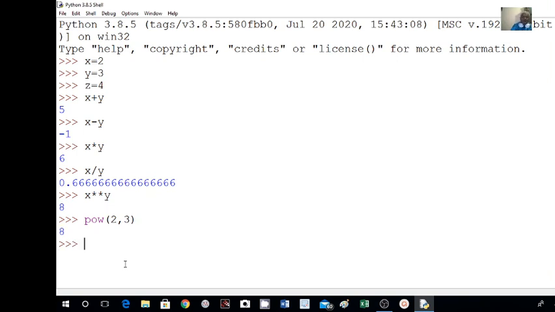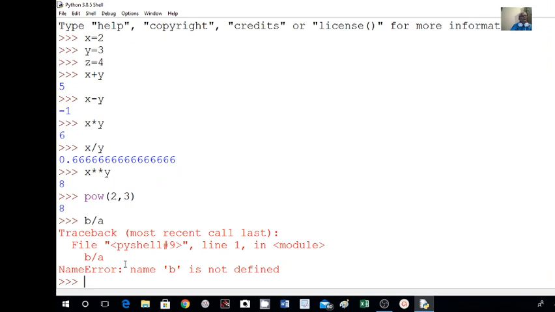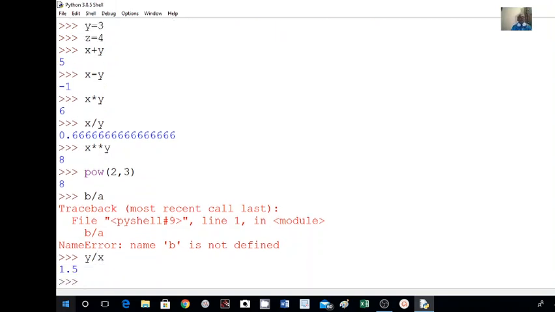And we have b by a, enter. Traceback, most recent call: b is not defined. We have x and y now, so I will write y by x, enter. Okay, 1.5 is there.